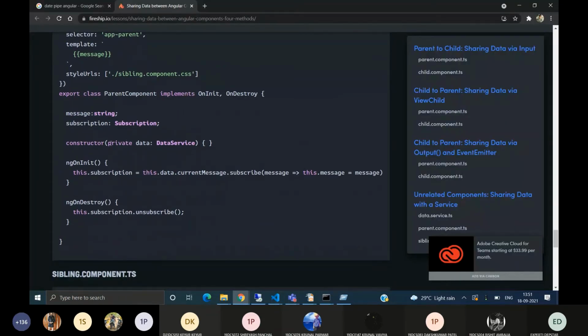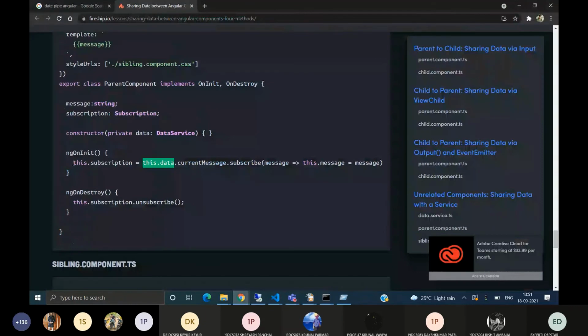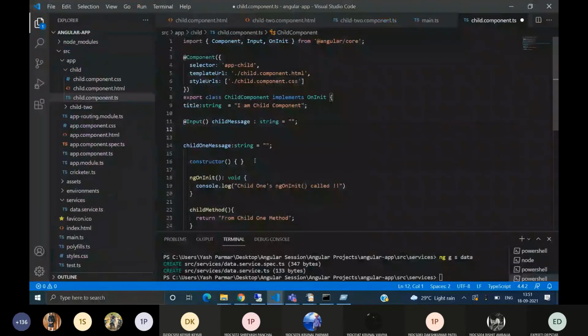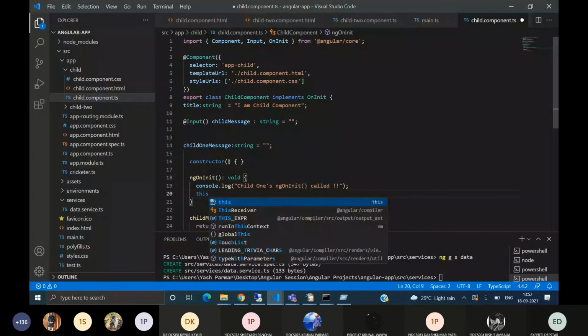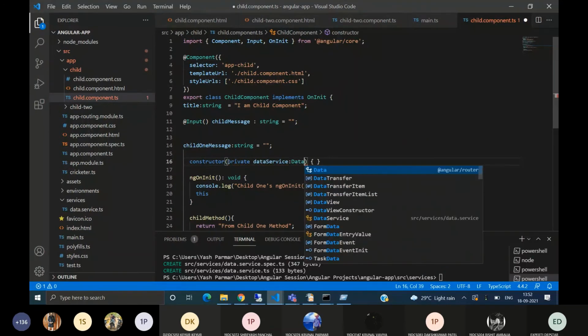Here they have injected the data service, and on it this.dataService.currentMessage is subscribed. This is done in the parent. Okay. First we have to inject the dependency, private dataService.